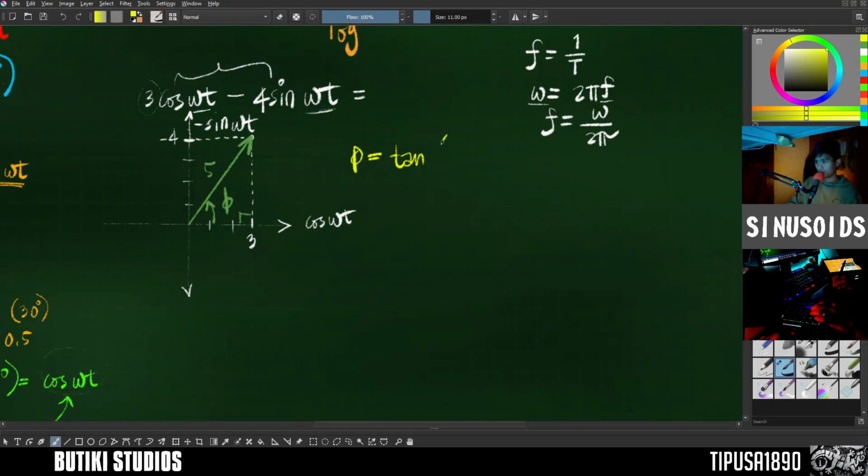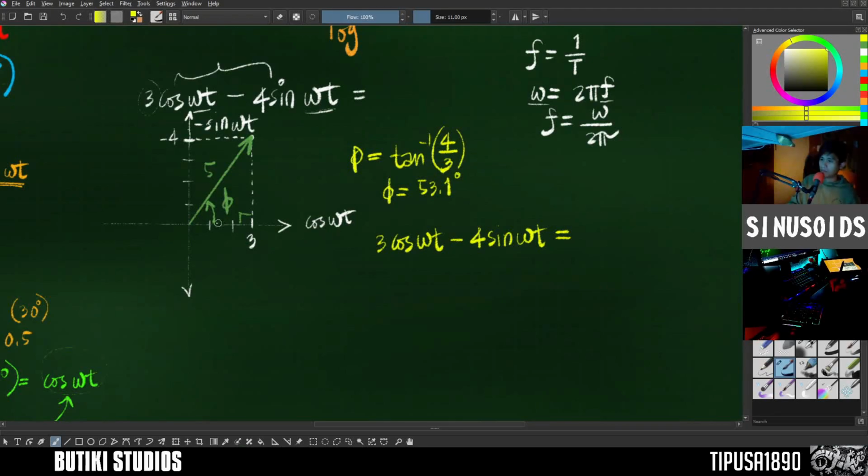So 4/3 inverse tangent, and that will result to phi equal to 53.1 degrees. So our 3 cosine omega t minus 4 sine omega t is equal to